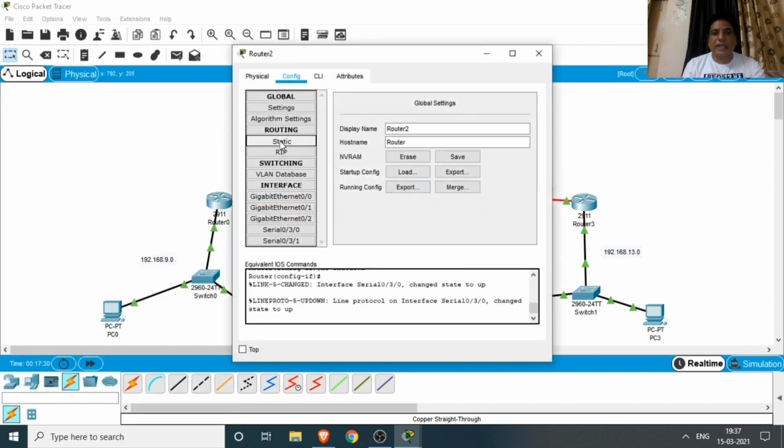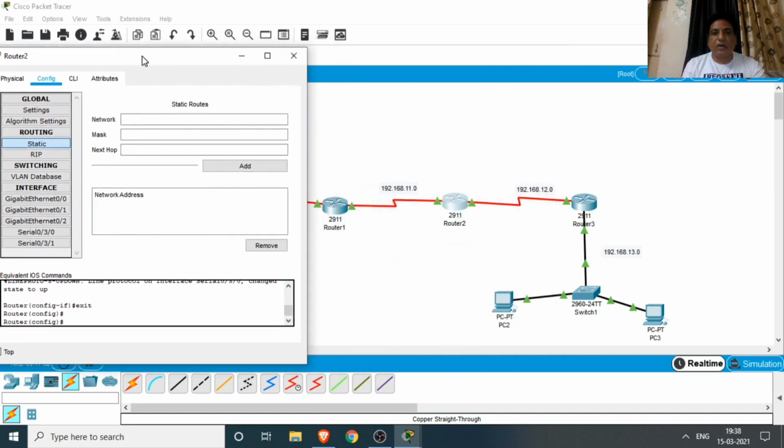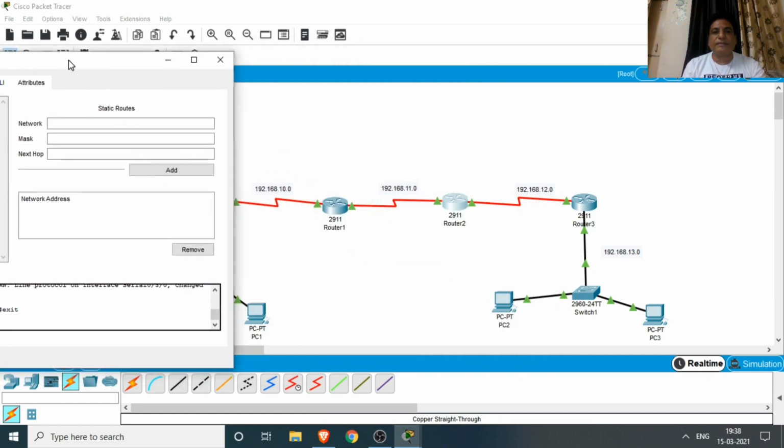Now we configure router number 2. Click on static. First, if we want to go to 10.0, 192.168.10.0, subnet mask for the class is 255.255.255.0.